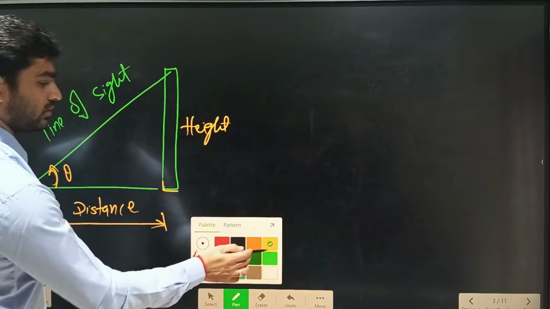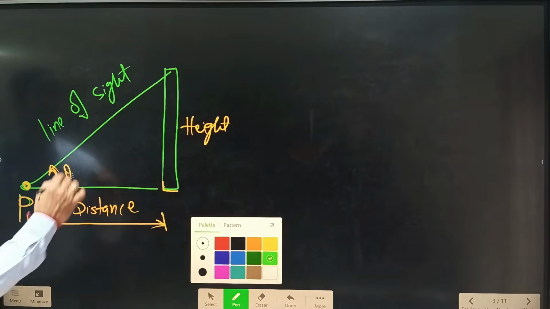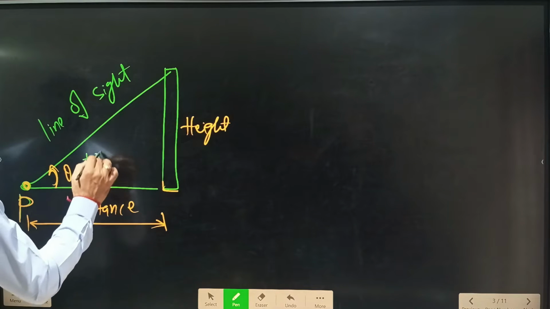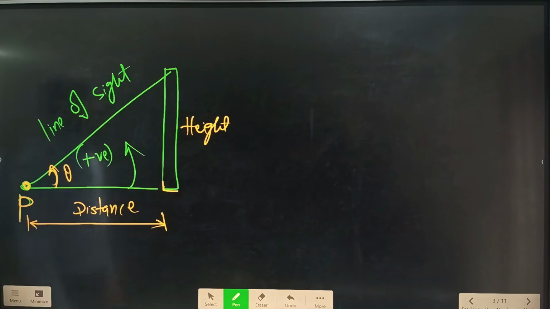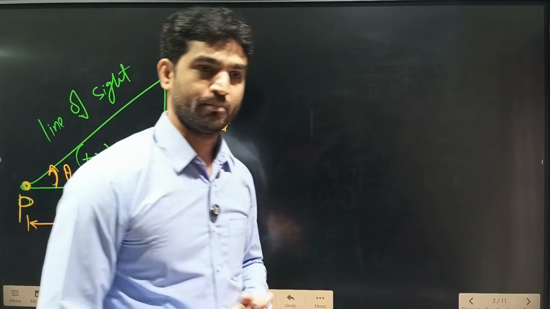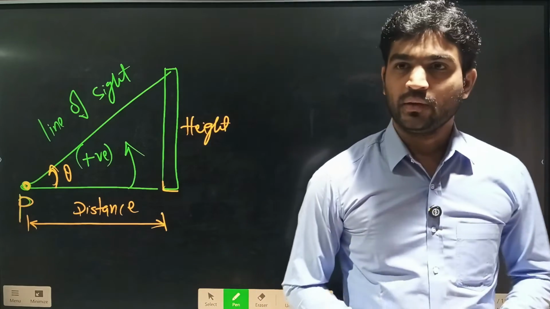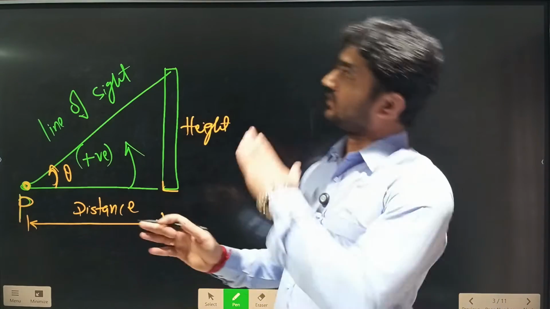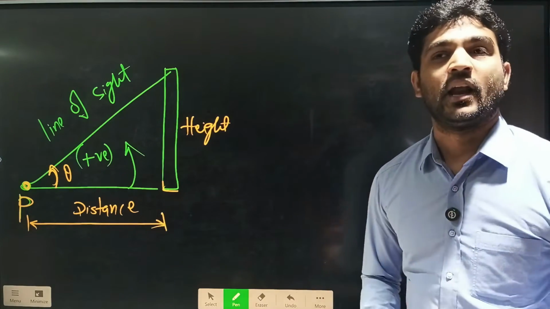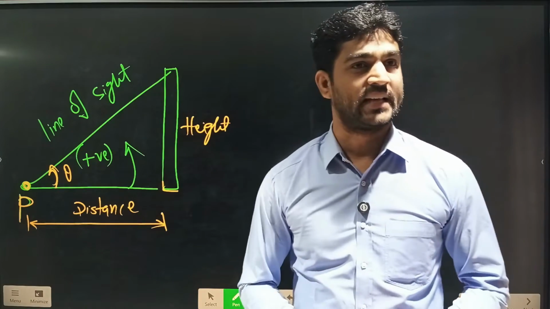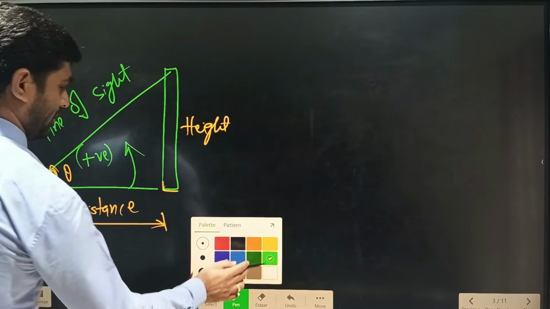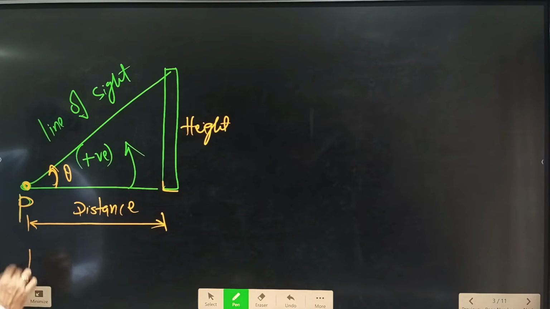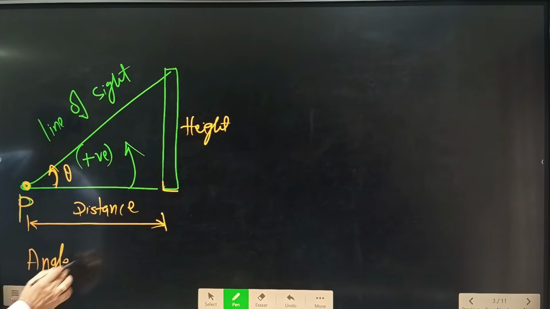These are different concepts, dear students. If you measure in the anti-clockwise direction, that angle is considered a positive angle. That positive angle measurement, when the line goes like this, is called the angle of elevation. So then what can we call this representation? What do you call it? Angle of